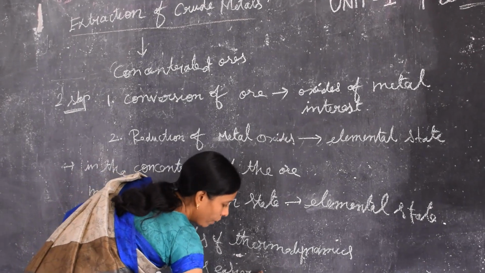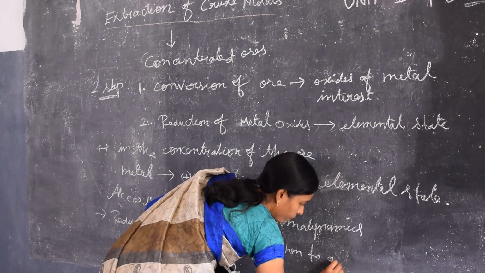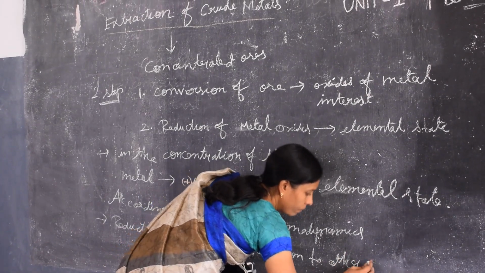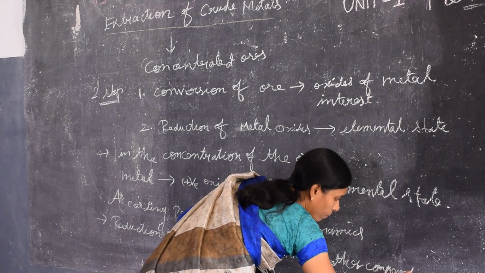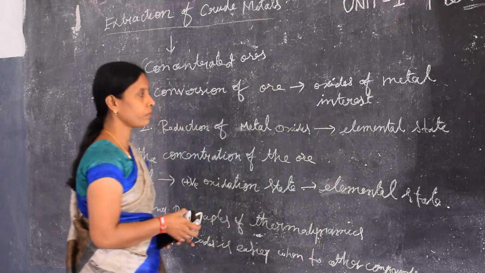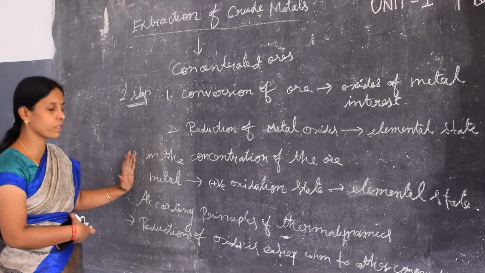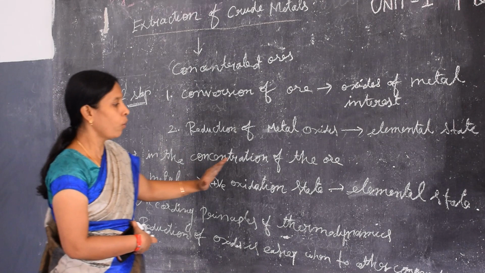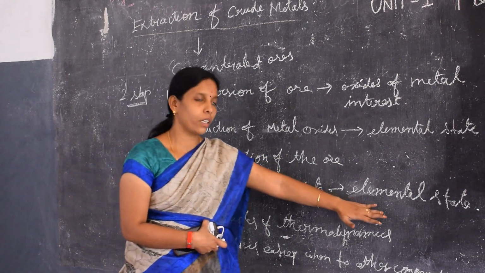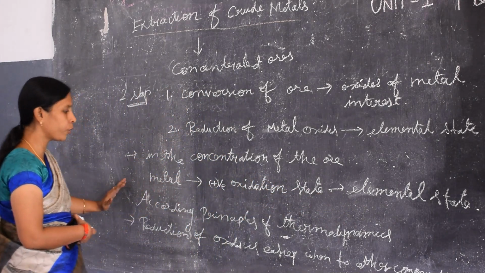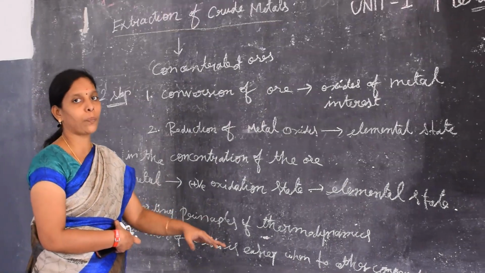So in the concentrated ore, the metal exists in a positive oxidation state, and it has to be reduced to the elemental state. According to the principles of thermodynamics, reduction of the oxides is very easy when compared to reduction of